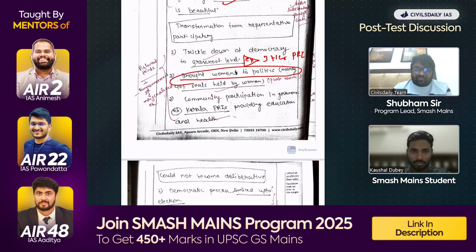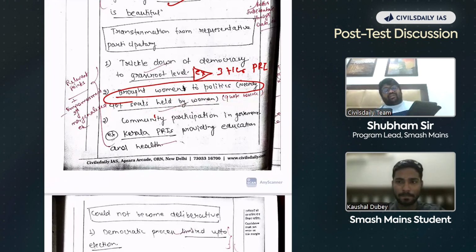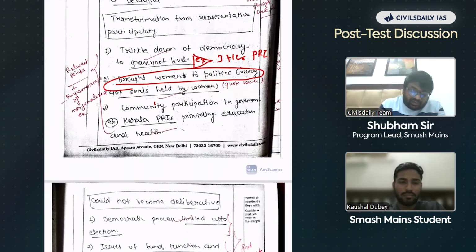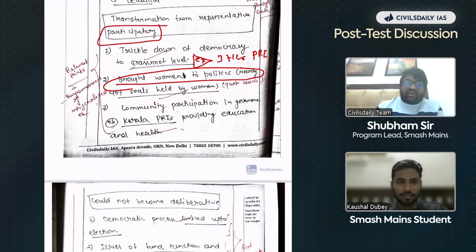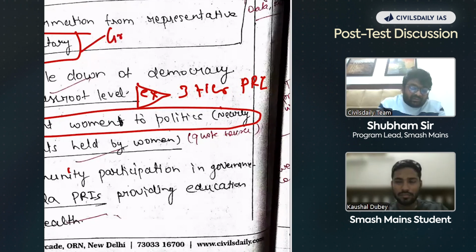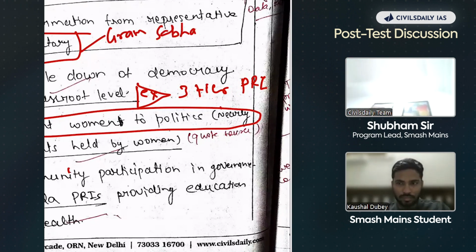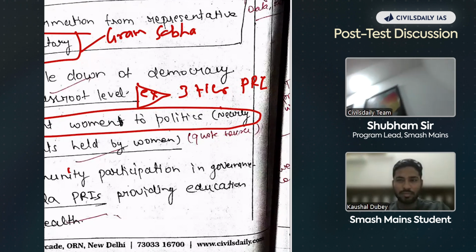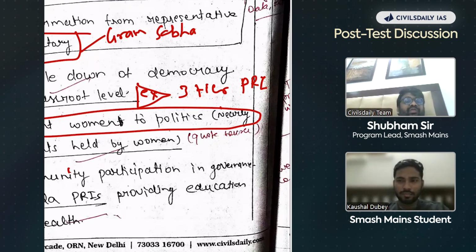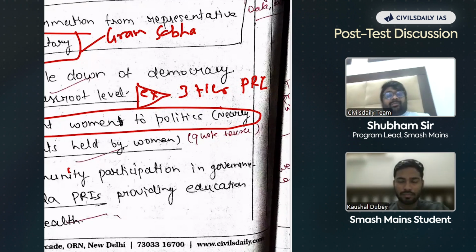Yes. Now focus upon the substantiation aspect. Okay. Education and health. Then again participatory. So how are they made participatory? You missed again the key aspects. Gram Sabha. Whenever you are talking about any provision or any act or any policy, try to substantiate whatever you are writing using the specific provisions.